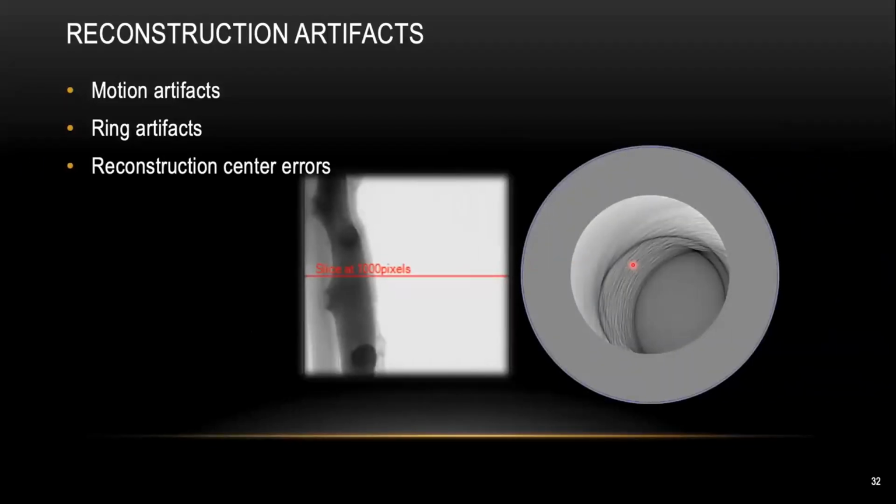And the next artifact is called the reconstruction center error. Depending on where you place your sample on the stage, if your sample is a little bit off center, and when you do a full rotation, it might show you some kind of reconstruction center error when you do the reconstruction of your image. Sometimes the off-center is not very much, only a couple of pixels, and the program might still be able to do the reconstruction for you. But if the shifting is too much, maybe more than 200 pixels, now the program won't be able to reconstruct your image. So you can see now we just won't be able to reconstruct your image, even though from your projection image, it looks pretty nice, but we just won't be able to reconstruct it into a 3D model.